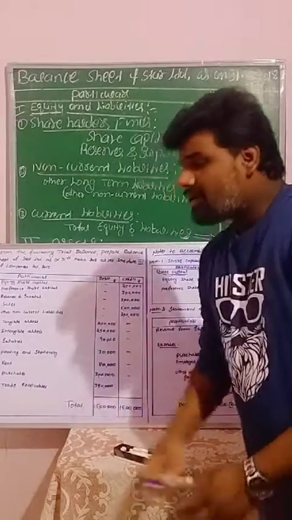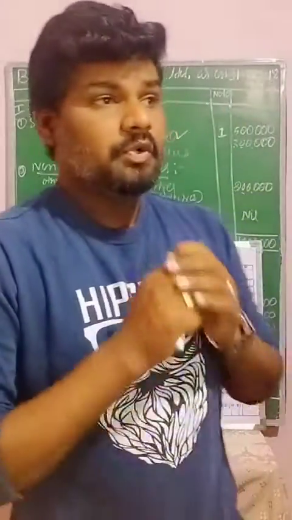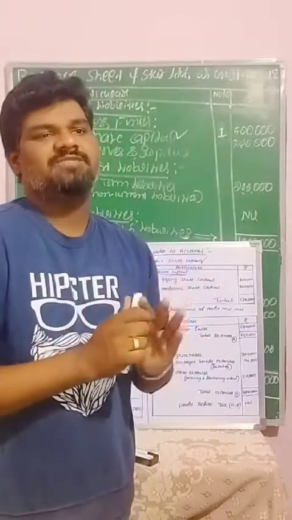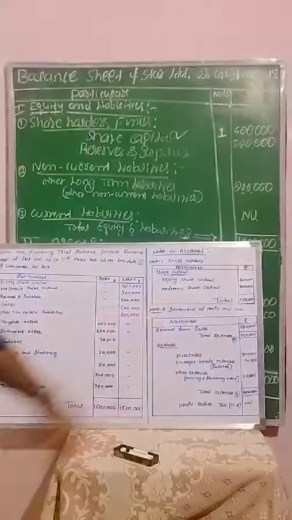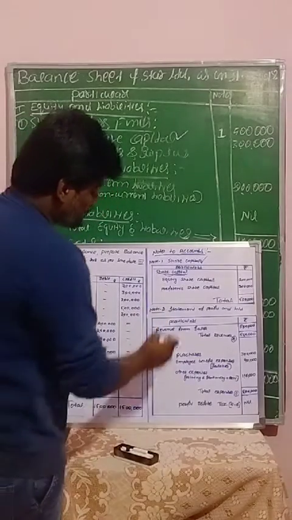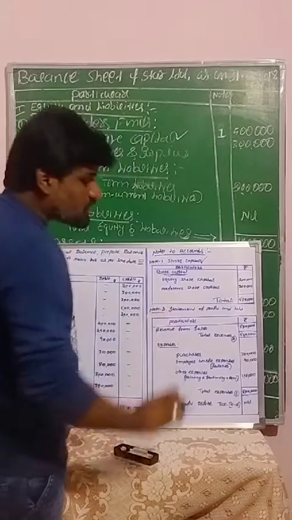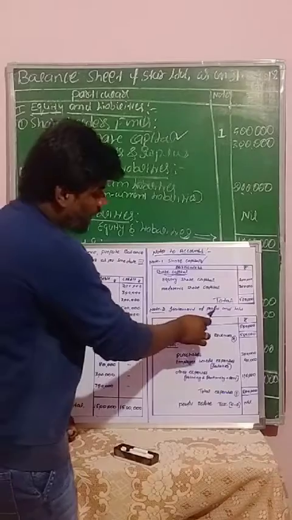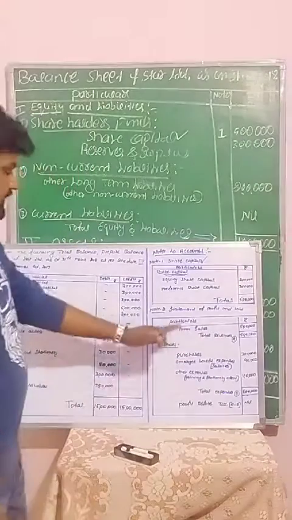So now we can apply working note number 2. Why? Because they have given the total incomes as well as a few of the expenses, right? So you have to follow the second one, note number 2. In that note number 2, what do we need to ascertain? Here we need to ascertain the statement of profit and loss account. We need to find this value.